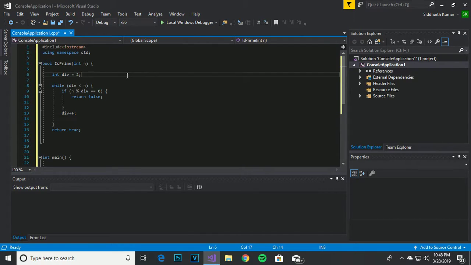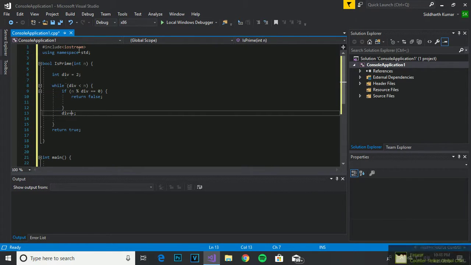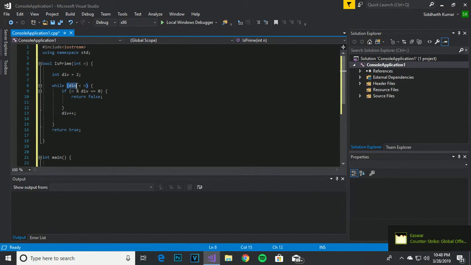There is some remainder, the remainder is 1. So since it's not true, this if condition will not execute, and we'll do the number plus plus. Now this is going to become 3. We'll divide 13 by 3. It's not true again. We'll make it 4, and so on until this number becomes 12. After 12, 13 is equal to 13, so this condition will be false, and we are going to eventually return